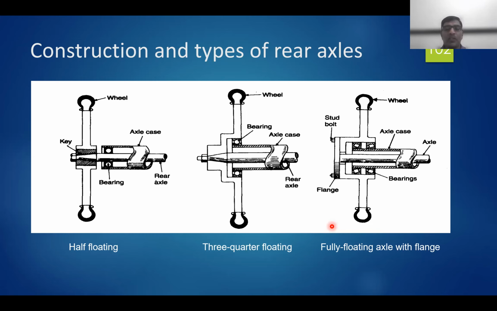If we need to transmit the torque as well as provide the strength to carry the load, the size of the axle is going to be increased. In order to avoid that, with such types we can have a difference in the loading and the torque that can be accommodated. We can't make a larger axle or an axle having a larger diameter, which would be required for bearing the load.